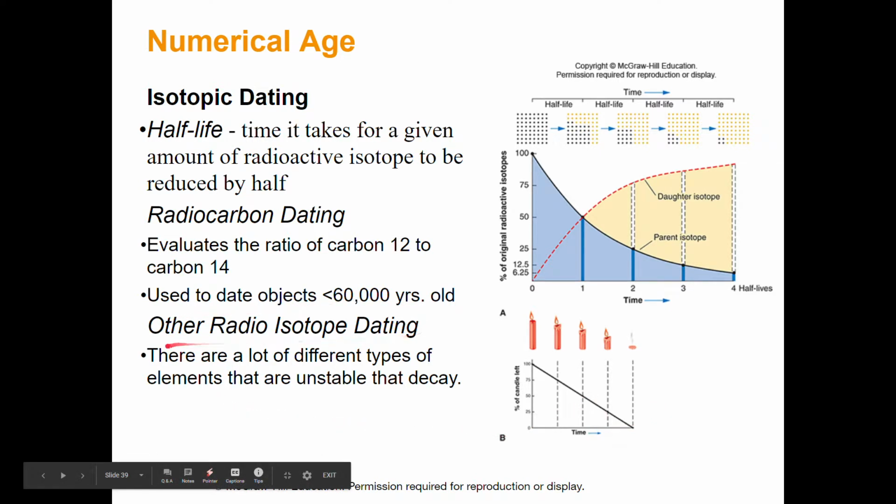However, there are other radioactive isotopes. There's some that are really big, like uranium, and those are the things that we tend to use to date far deeper into time. But what's really convenient with carbon dating is we can use it on life, right? We're made out of carbon, so it's really convenient. So I can take a bone and I can date that bone as long as it's younger than 60,000 years. But if I've got a bone and it's a million years old, I've got to use something else. And it's a little bit difficult because there's really nothing in that bone that I can use. I sort of have to date the rocks that it came out of and not the bone itself.